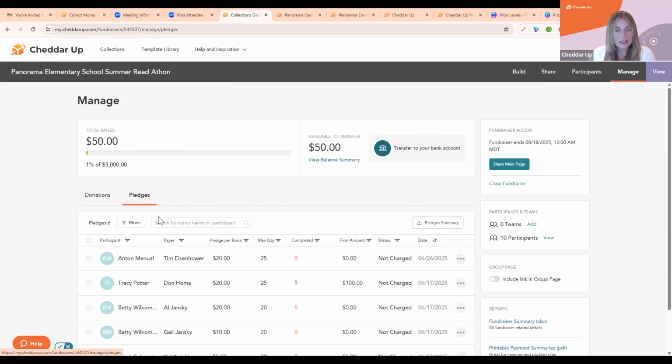Okay, then when you're ready to charge the pledges, pardon me, that's not a good one because I don't have an activity completed yet. So your participant is displaying, your payer is here, your pledge per book is showing, the max quantity. So this guy doesn't want you to charge, this woman doesn't want you to charge her over 25 books, right? This individual, Tracy, completed 5 of these, and then you're going to go ahead and you will charge the pledges